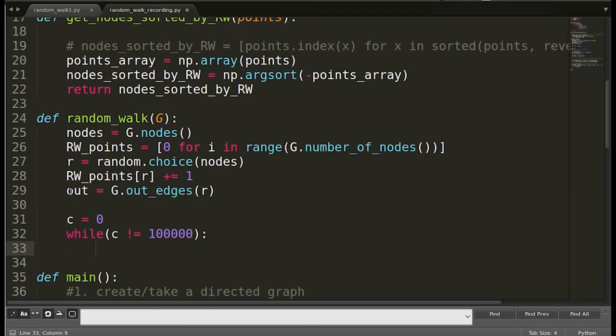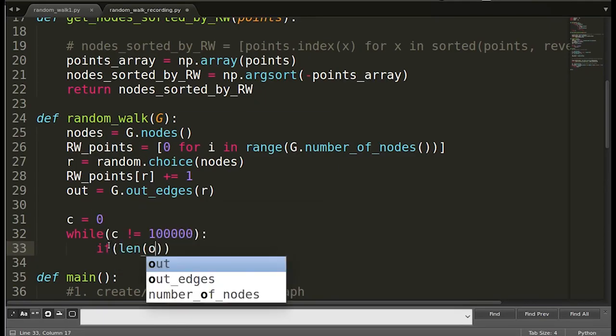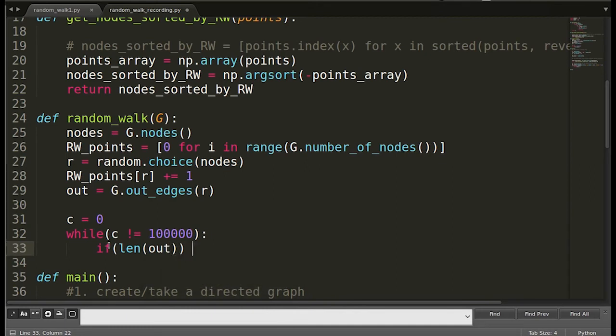Before that, what if the length of out is 0, that is, the node which we have reached has no outlinks? That may also happen, right? And I told you, in that case, what do we do? In that case, we do teleportation, that is, we choose one node uniformly at random from all the nodes. So let's check that. If length of out is equal to 0,